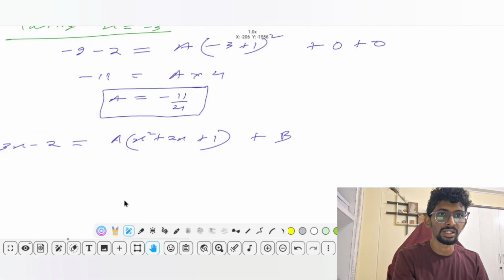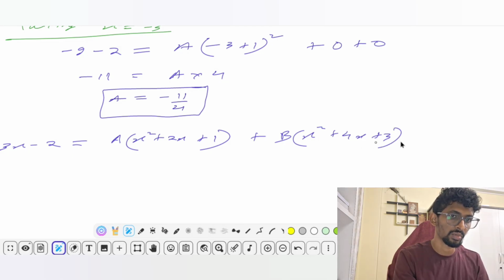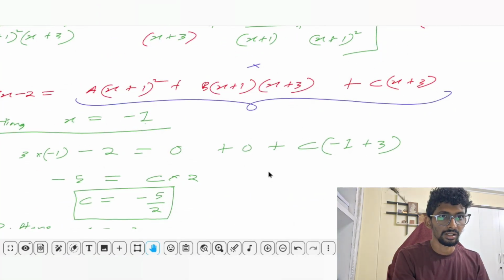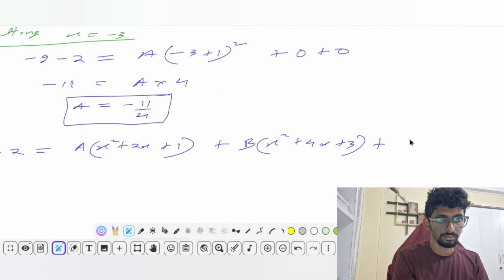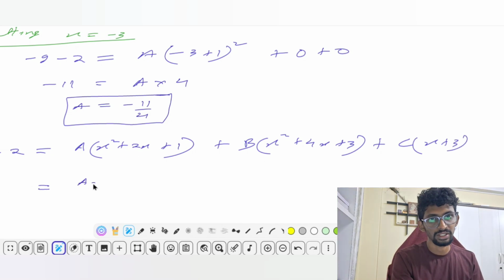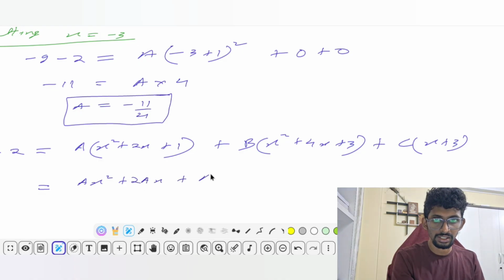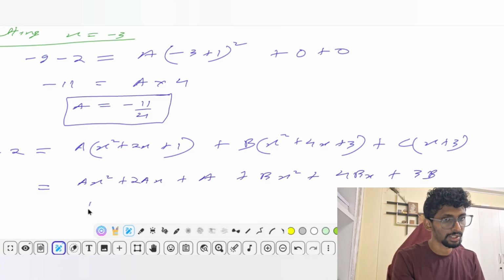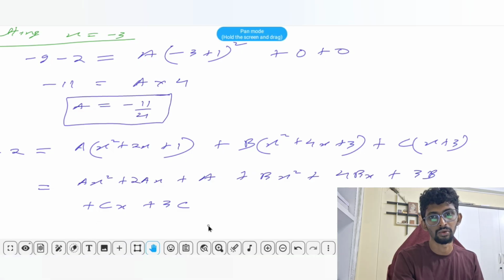If I find the product of this, I will get x square plus 4x plus 3, plus the third part is c times x plus 3. So if I simplify this a little bit, I will get ax square plus 2ax plus a plus bx square plus 4bx plus 3b plus 3x, sorry, cx plus 3c. Okay, now